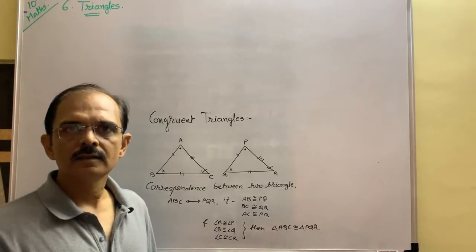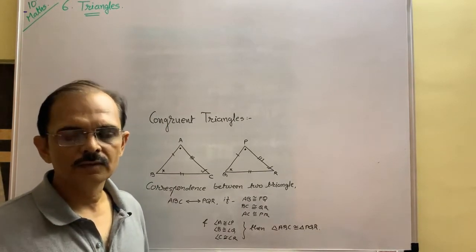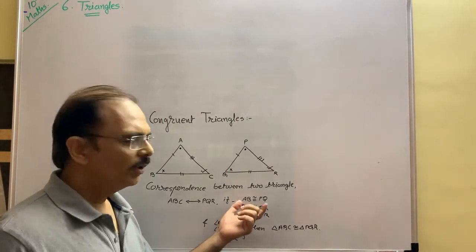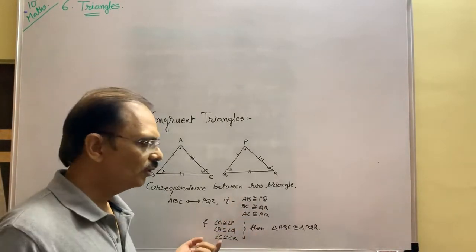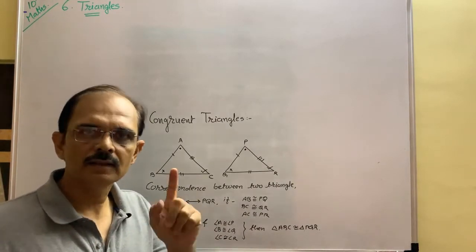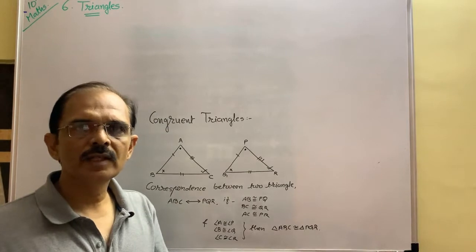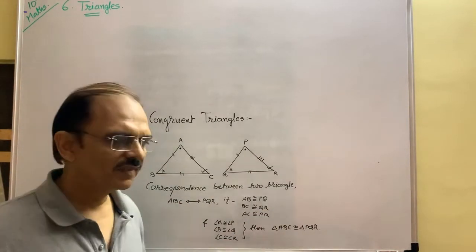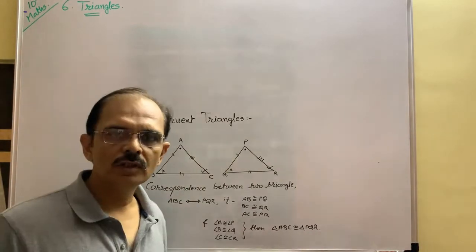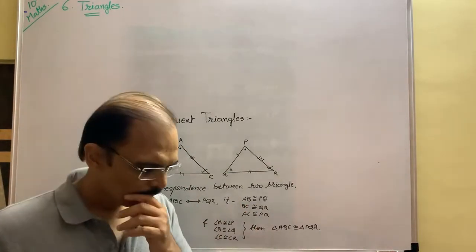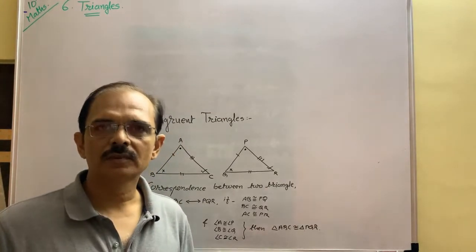Is it clear? If two triangles are given, their correspondences are given, then if corresponding sides are congruent, if corresponding angles are congruent, means total 6 elements, 3 sides and 3 angles. If 6 elements are congruent with corresponding parts of the other triangle, then both the triangles are congruent, their measurements are called same. Is it okay? This is about congruency of triangle.